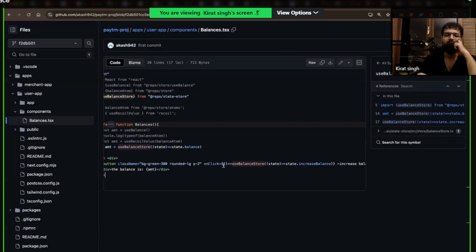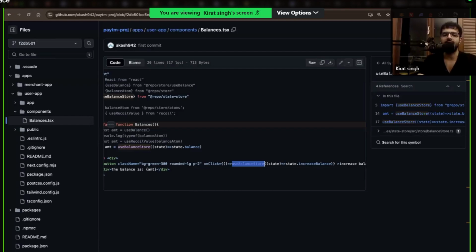You are defining a native normal function that is using a hook. You can't call a hook inside a native function. You can never have a function that has this use anything call unless it is a hook yourself. So the problem that you have over here is you are using the use balances store hook inside another function, which is not a hook.